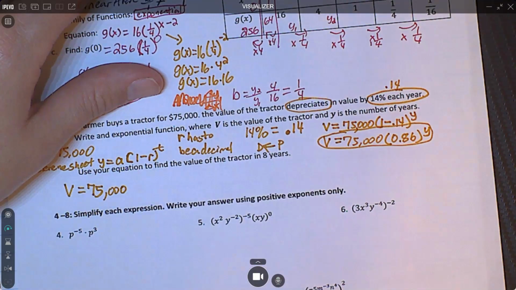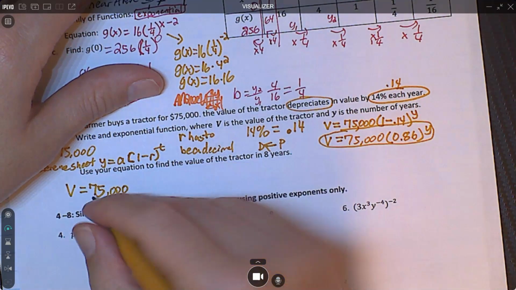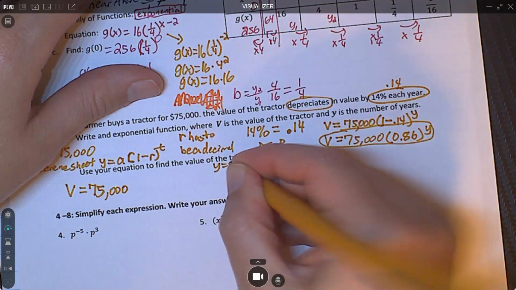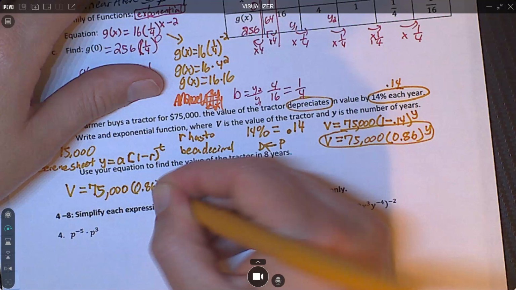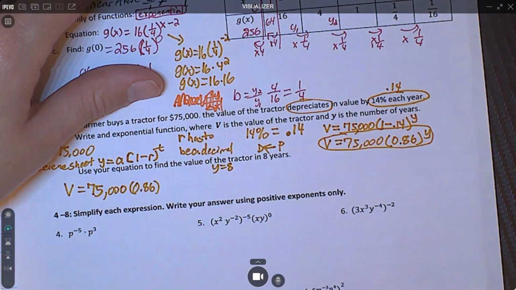And then y is 8. So we go, if you like a fraction, if you like,